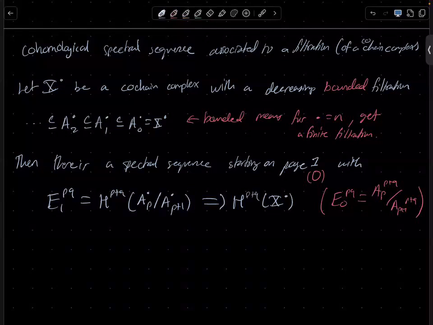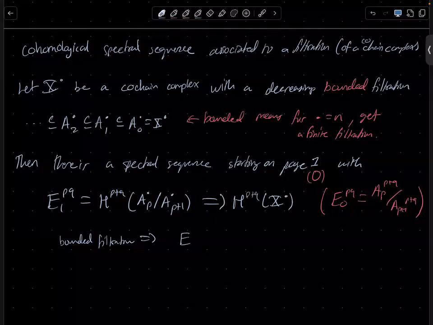So because of this bounded filtration, you actually get a stabilization. What happens is I get the stabilization. So E infinity PQ, you actually get like before. It'll just be FP HP plus Q of,